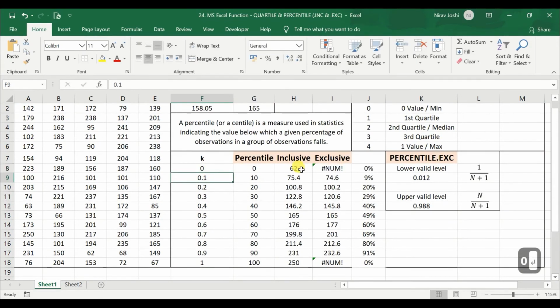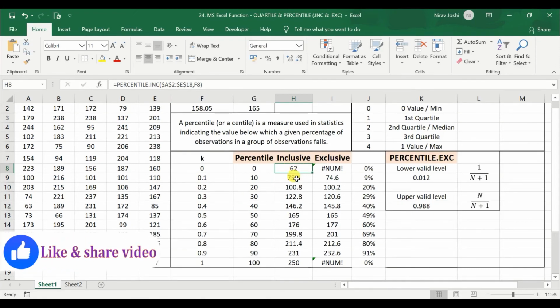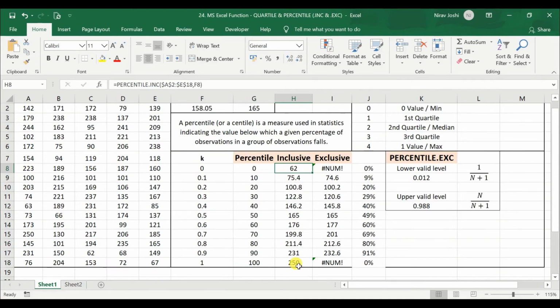But when we use this percentile inclusive, it says that the value can be equal to this cutoff as well. So whenever we calculate 100 percentile and it gives us the maximum value in that range, it says that 100% of values are below or equal to that specific cutoff, and that's why it can show us a calculation for this specific 0 and 100 percentile by this function. So that is the basic difference between both these calculations.